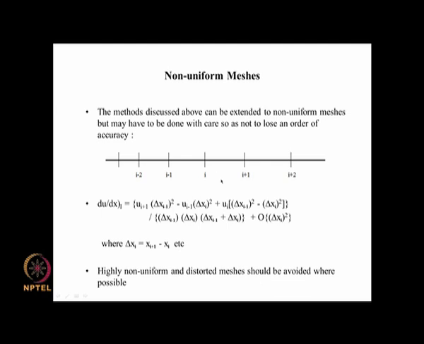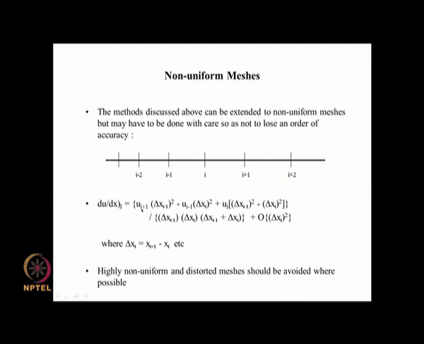So there is more algebra, more manipulation that is required, but essentially the same principle applies that we had used for the derivation of the central difference formula. Higher order accurate formulas, and slightly more complicated formulas arise. For example, the second derivative at i is now expressed, in the simplest case, as ui plus 1 minus 2 ui plus ui minus 1 by delta x square.